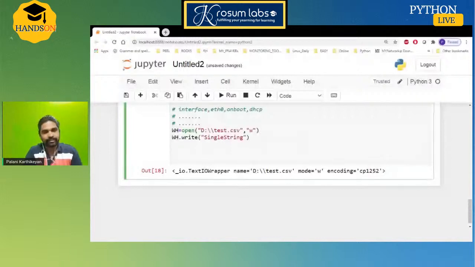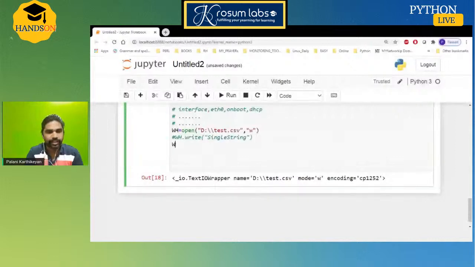How to achieve this? You have to recap the string concatenate operation. In my example, wh.write, first value concatenate comma, followed by second value concatenate comma, followed by another value concatenate comma, then at the line end I want to create a record separator, backslash n.